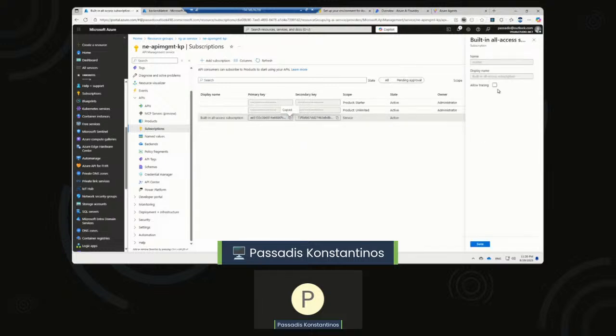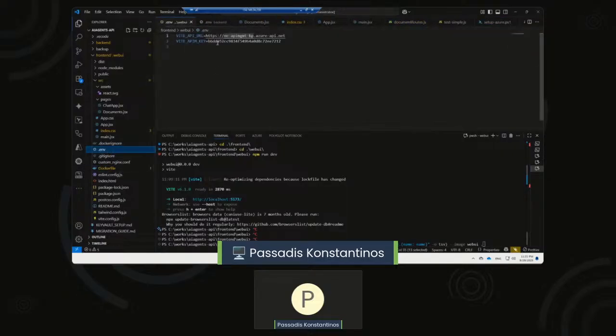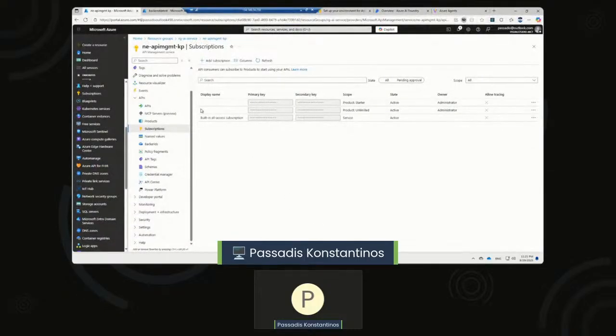Yes, API management offers you this capability to create products and separate different APIs to different levels of control and sensitivity, let's say, based on what is exposing this API. In our case, it's not that important, so the all-access key won't hurt. I think the name of the API is correct. Yes. And let's build it